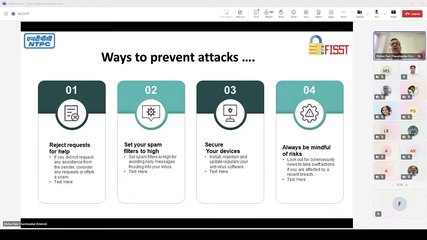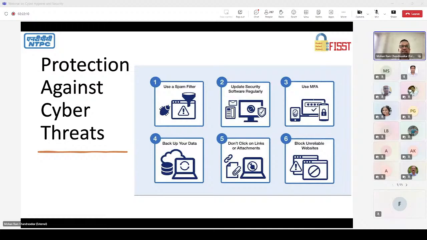So better avoid it. That's what I say. Set your spam filters to high, secure your devices, install the regular software updates, and be mindful of risks. We have learned about all these things. Learn about cyber news, what is happening. Like some of you shared your own relatives suffering. So share that and say, be aware such attacks are happening. That's the way to prevent attacks. So protect against it: use a spam filter, update the software security